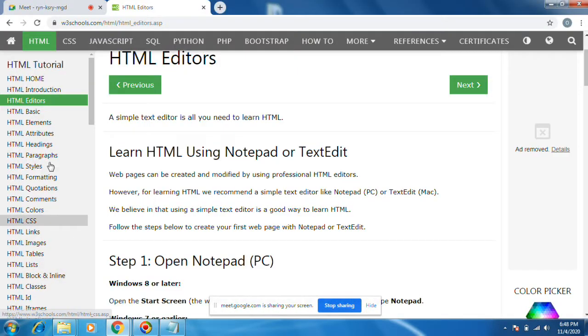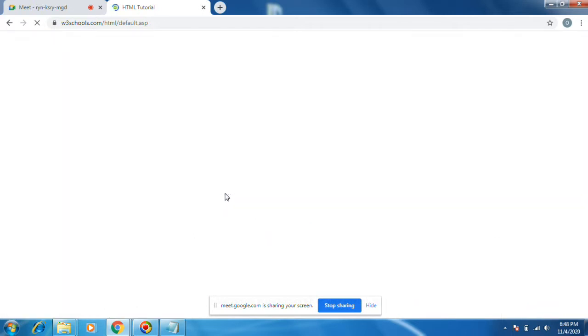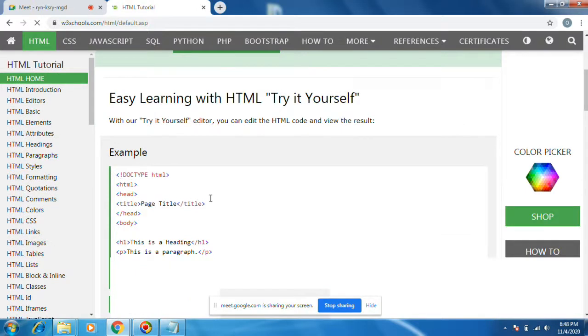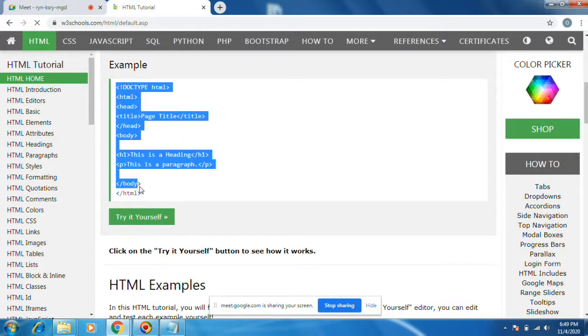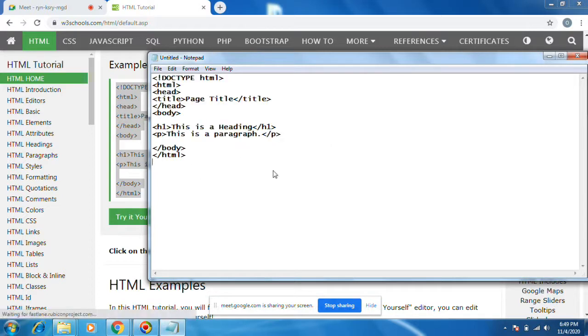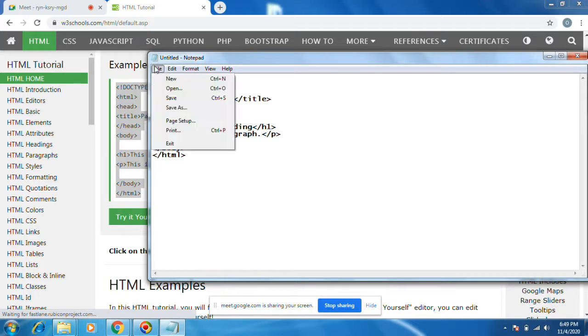You can add some HTML code, any code. While saving, you need to do File, Save.